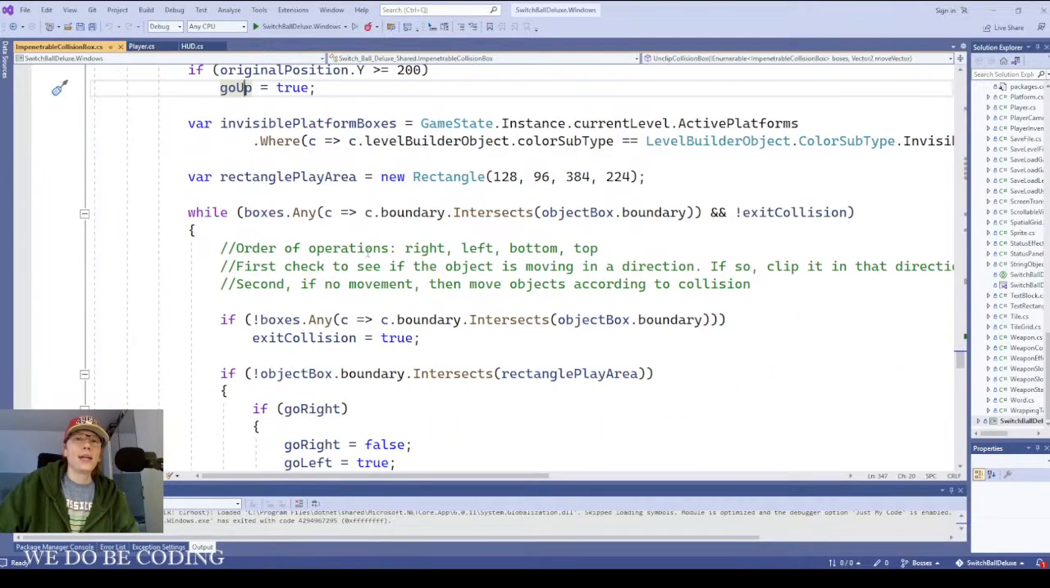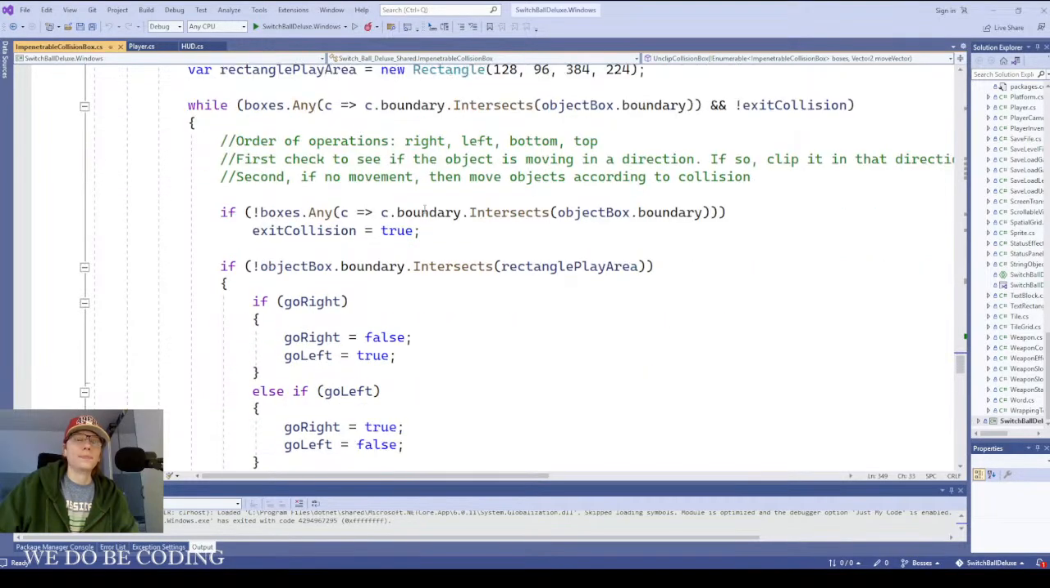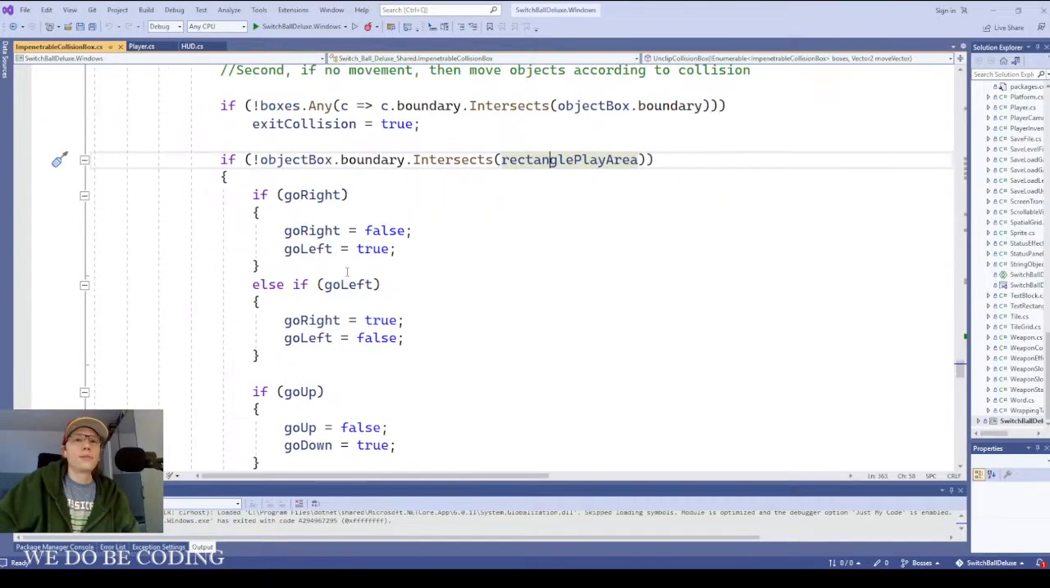And then what we have right down here is we have our rectangle play area. We're actually not using these, so you can ignore that. The play area is that space, the rectangle that's in the middle of the screen. It's static. And this is what we have. We say, hey,